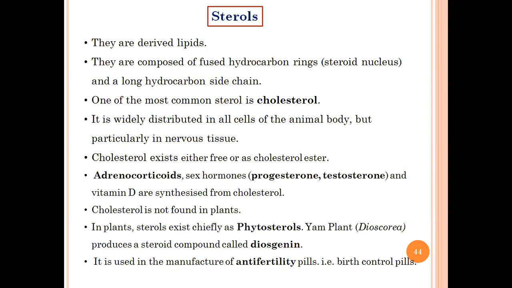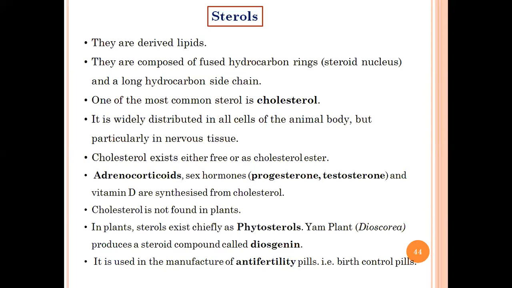So there is a very common kind of MCQ. They ask you, dash is known as the pregnancy hormone, and the answer is progesterone. Progesterone is known as the pregnancy hormone because it helps in the maintenance of a pregnancy. However, testosterone, which is present in males, is responsible for puberty and secondary sexual characters in males. Okay, please note it down. It will be helpful for you.